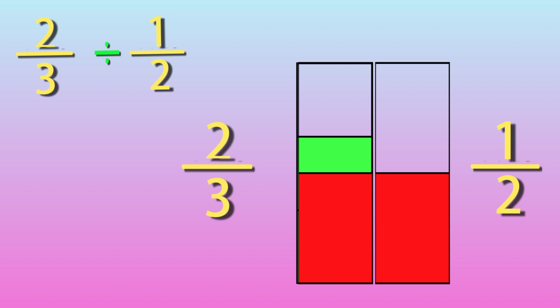Now 1 over 2 doesn't go into 2 over 3 two times because 2 halves would be too big. So you can only add a small part of a half to the full 1/2 you already used in order for the entire area of 2 over 3 to be filled in. Well, what was our answer? It was 1 1/3. That's how many halves go into 2 over 3. That's 1 entire half and 1/3 of a half.